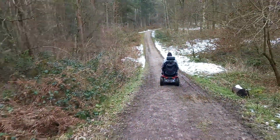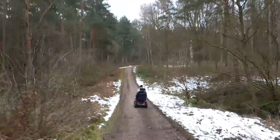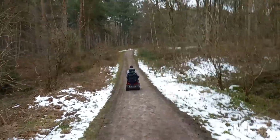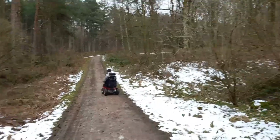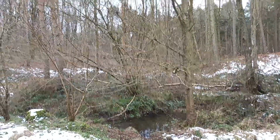Stopped for a refuelling, banana and an apple and a drink. So now we're back on the main track. You can see it's good surface. It's like all stoned up and everything, so it's really good for any sort of mobility scooter, to be honest. So if you can make it across the fields in a 4-wheel drive or a good 2-wheel drive, you can spend the rest of the day going around these paths in Robin Wood. And it's just nice to see it in different times. Oh, isn't it pretty with the snow and the trees,